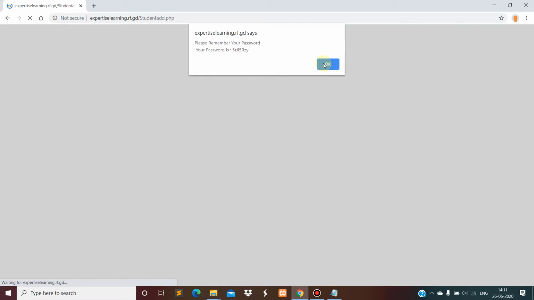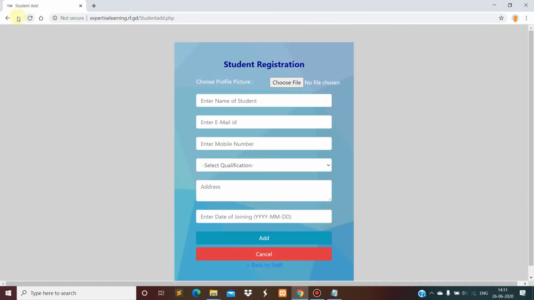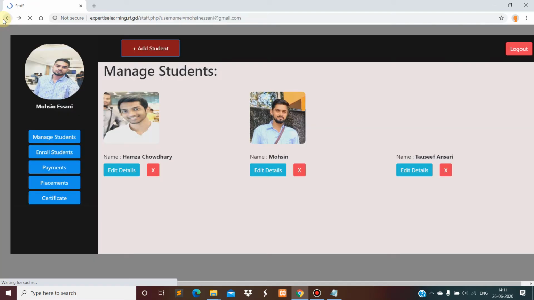We will send this student password details to the student via some social media such as WhatsApp or anything, so the student can log in. Now you can see the Tausif Ansari details are over here, and I will enroll that student into some course.